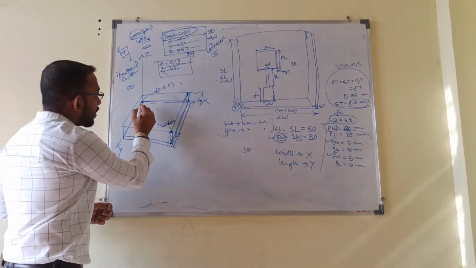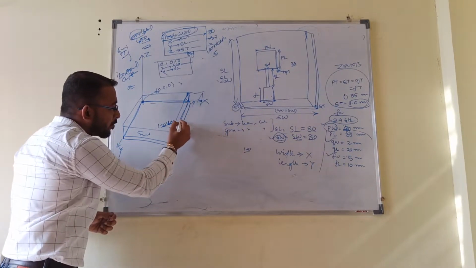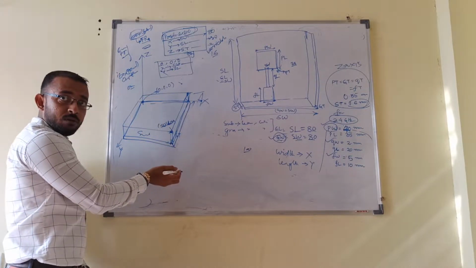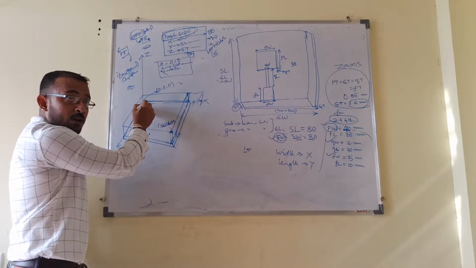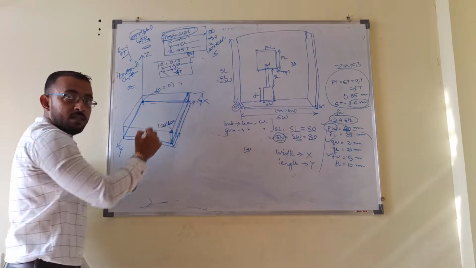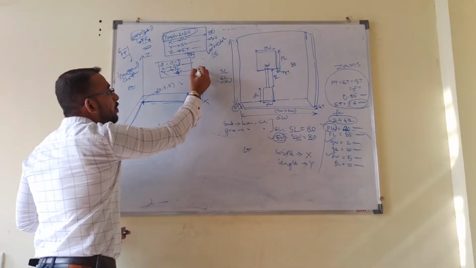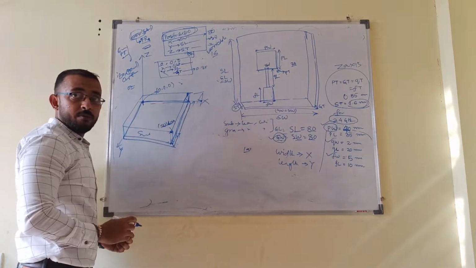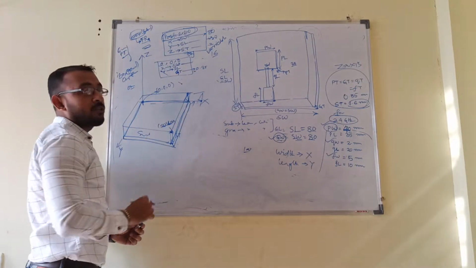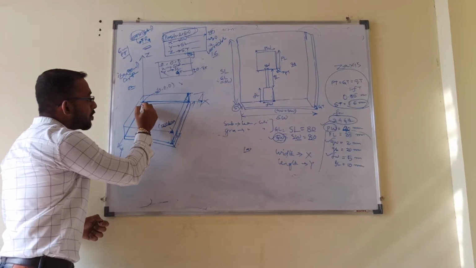Now tell me, I was at the start, I was here, I moved in x axis to this point, I moved in y axis to this point. Now for z axis, do I have to move up or down? Down, means below the zero level. It means this value will be negative: minus GT. Minus GT, yes or no? Yes, sir. So if you put minus GT, you assume the value 0.35 mm. But if you write GT, then you have to write minus 0.35 mm. Got my point?